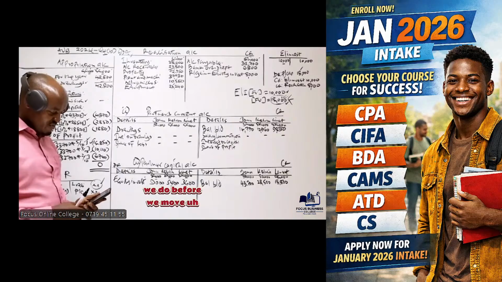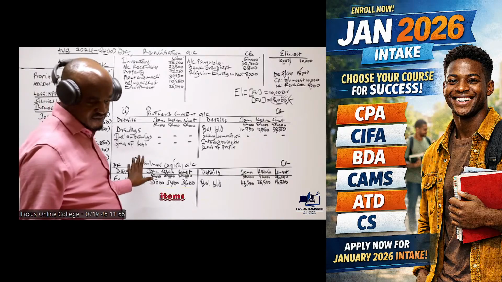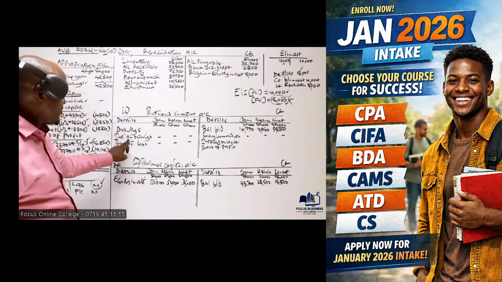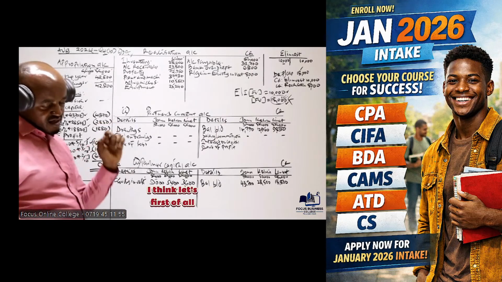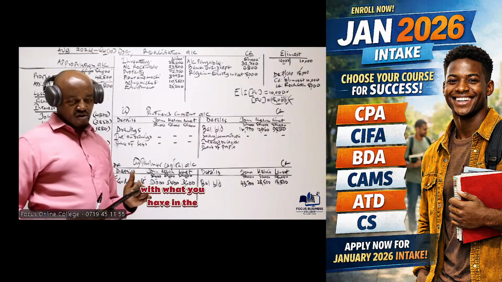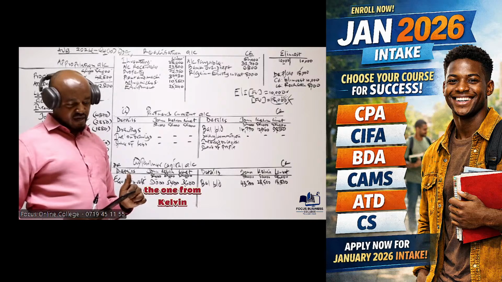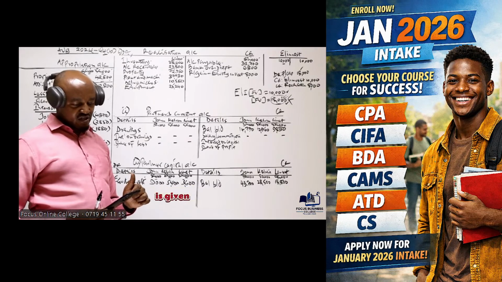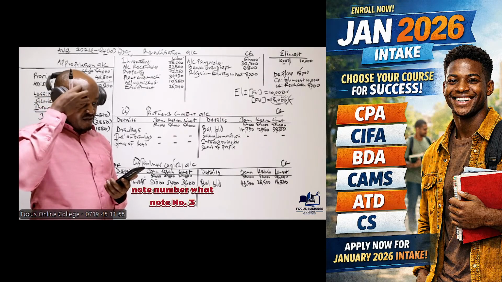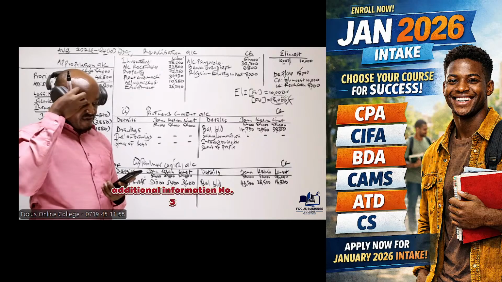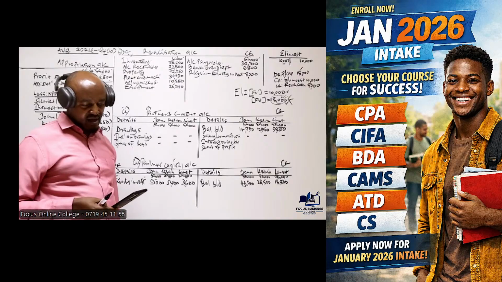Yes. Now, before we go back to the trial balance, I want us to record these items because we have recorded drawings. Let's first finalize what we have in the trial balance. Below the drawings, what do we have below that? The loan from OLD. And there is some information given in relation to that. Note number 3. Additional information number 3, we are told the loan from OLD was transferred to the new company at its